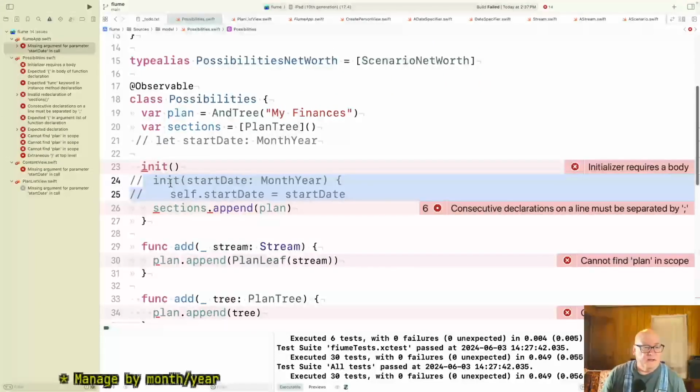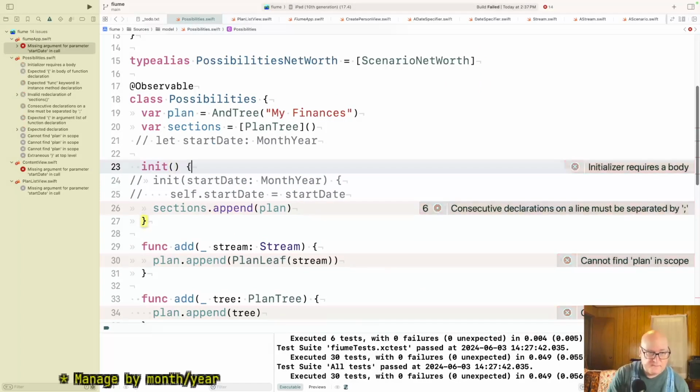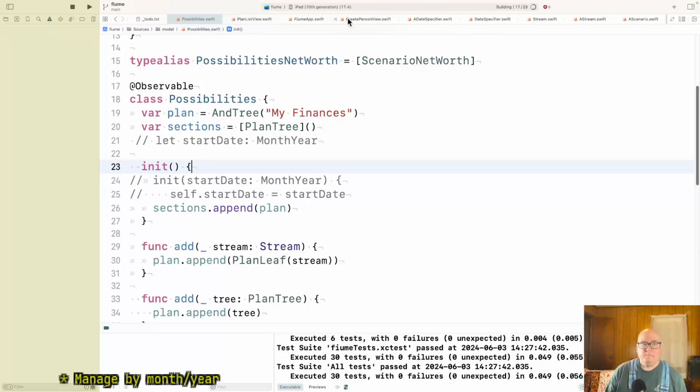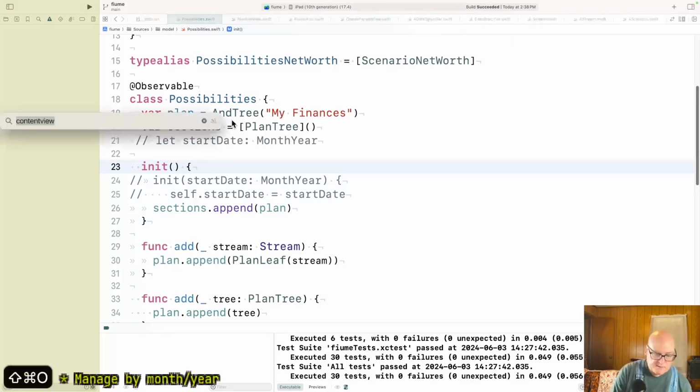Okay. Initialize required on body. Yeah. Okay, so I'm kind of putting that back out. Now everybody should be fine. Let's open month year.